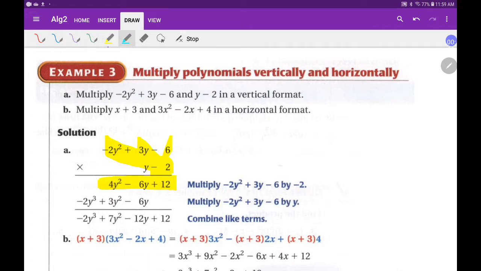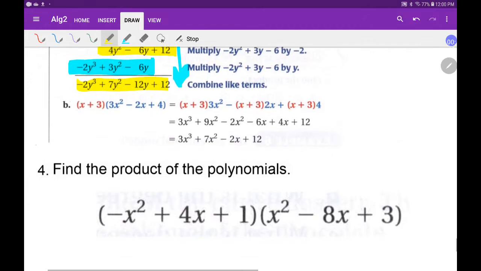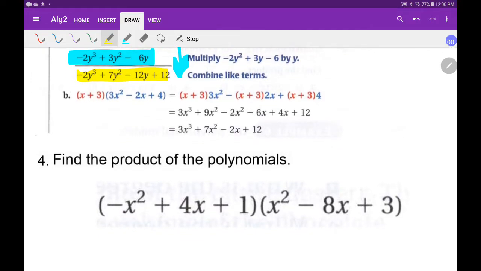And then I say, I'm going to do the y now: y times -6, y times 3y, and y times -2, and I get this line down here. Then I add them together, and this will be my result down at the bottom. Okay, we could do it that way. That seems a little tedious. I think this other way is a little easier,